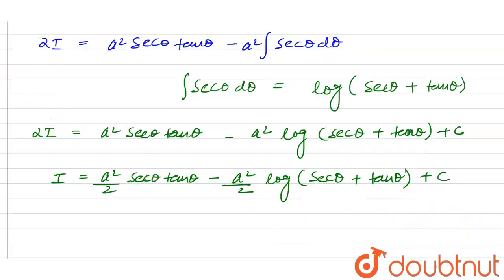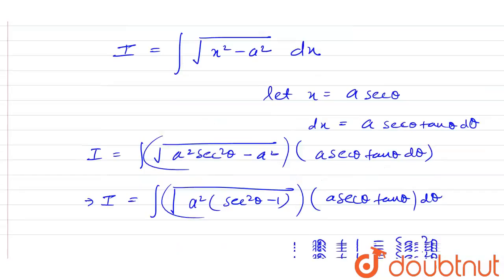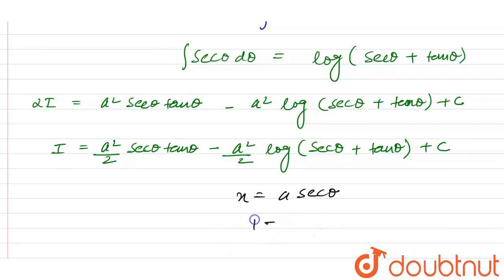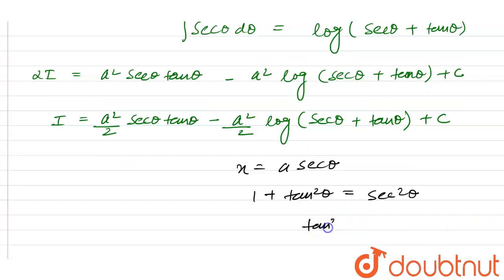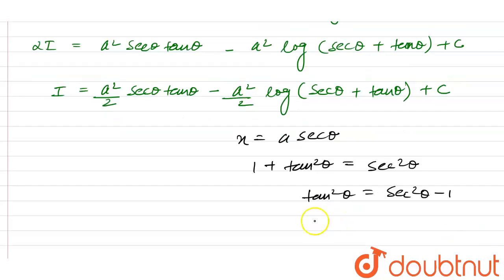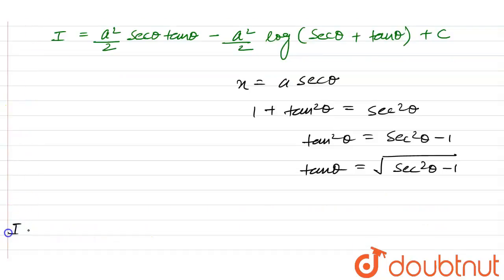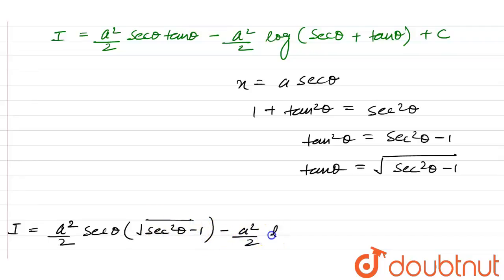Now initially we assume that our x is equals to a sec theta, and we also know that 1 plus tan square theta is equals to sec square theta, or tan square theta is equals to sec square theta minus 1, or we can write tan theta is equals to under root of sec square theta minus 1. So in place of tan theta we write under root of sec square theta minus 1. So our I can be written as I is equals to a square by 2 sec theta, and in place of tan theta we write under root of sec square theta minus 1, minus a square by 2 log of sec theta plus under root of sec square theta minus 1,